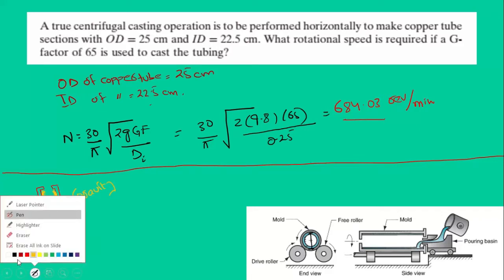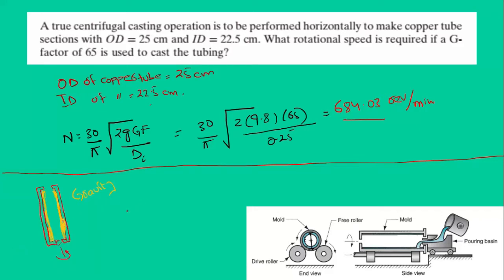So to take this change in thickness along the section of this cast product into account, we have a slight change in the formula for the revolutions per minute, that is, N equals 30 divided by pi, under root 2g L divided by RT square minus RB square, where L is the vertical length of the casting,